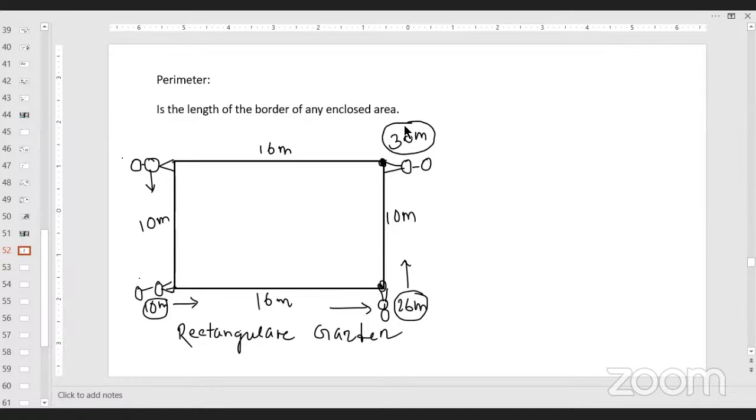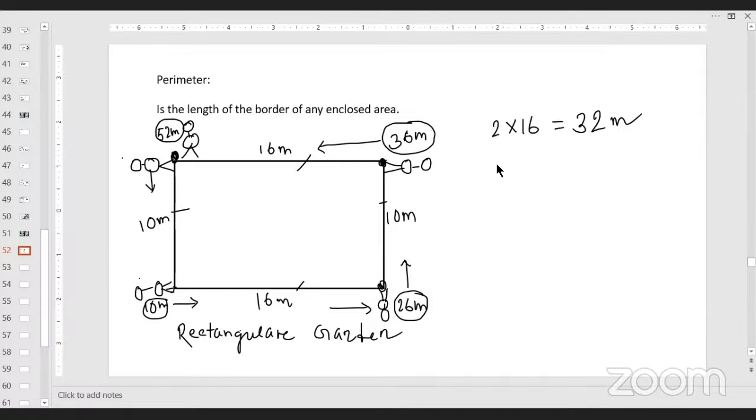No, sir. Okay, now Kachumia wants to reach this point again. So what will be the total traveling distance? How much more do we add to this 36? 16. Sir, right? 52. 52 meter. Okay, now what have we done? How many 10 meter lengths did he travel? Two 10 meters, right? Yes, sir. And how many 16 meter lengths did he travel? Two 16 meters. So we can say it is like 2 into 16 equals 32 meter,